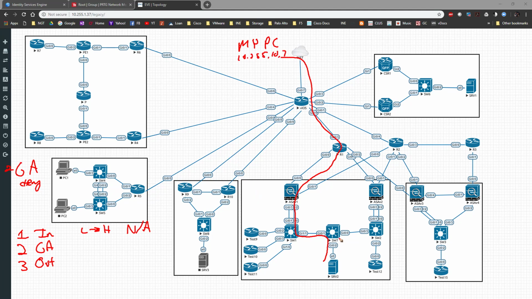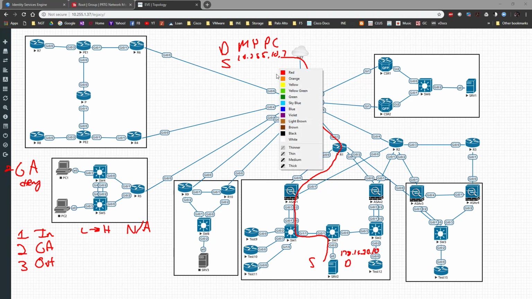If I didn't initiate that from here, where this is the source and this is the destination, if that is not the traffic flow, then the traffic, but if I tried to ping from this is the source and this is the destination as 172.16.30.10, if this is the destination in a flow like this,